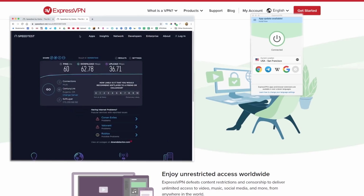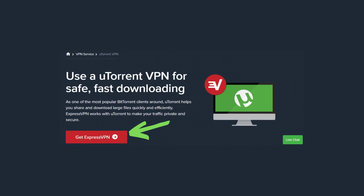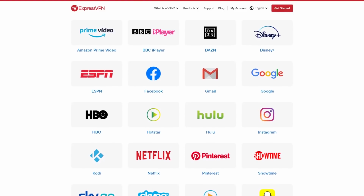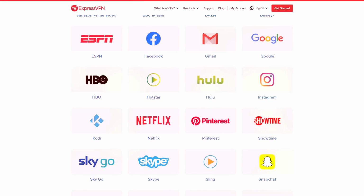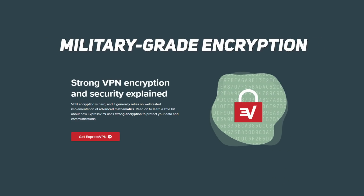In addition to being great for opening up your Fire Stick, they are fantastic for torrenting and unblocking other streaming services like Netflix, Disney+, Amazon Prime, Hulu, the list goes on and on and on. And once you sign up for the regular service, there aren't any bandwidth limits. You don't have to worry about being penalized if you download or stream too much. As I said, the encryption is military grade and they keep you really safe and completely anonymous no matter what